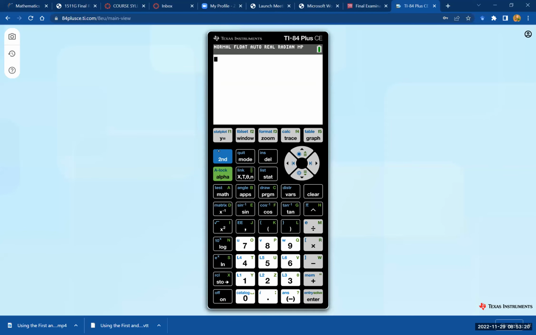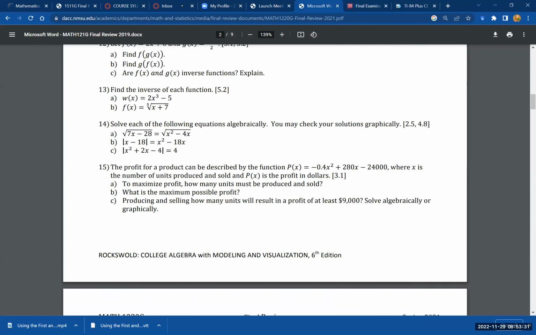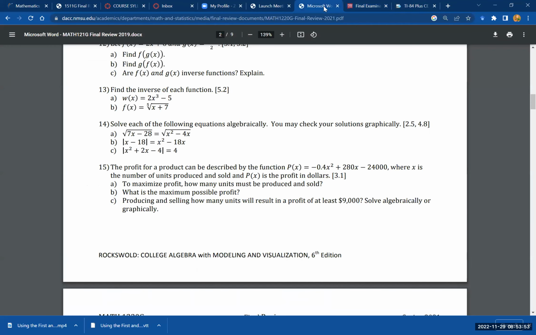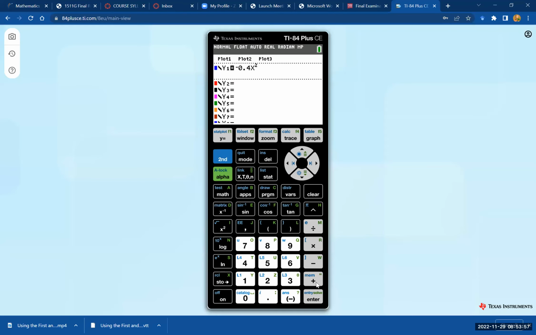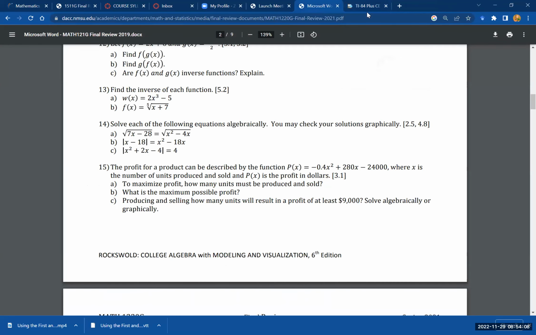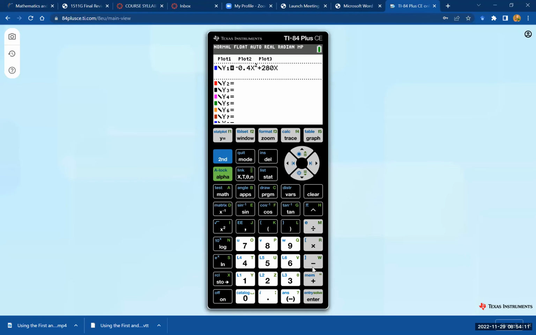All right, so the way I'm gonna do this one is I'm gonna put in the equation. So I'm gonna go back and forth because I'll have to remember what it is. So it's negative 0.4 x squared plus 280x minus